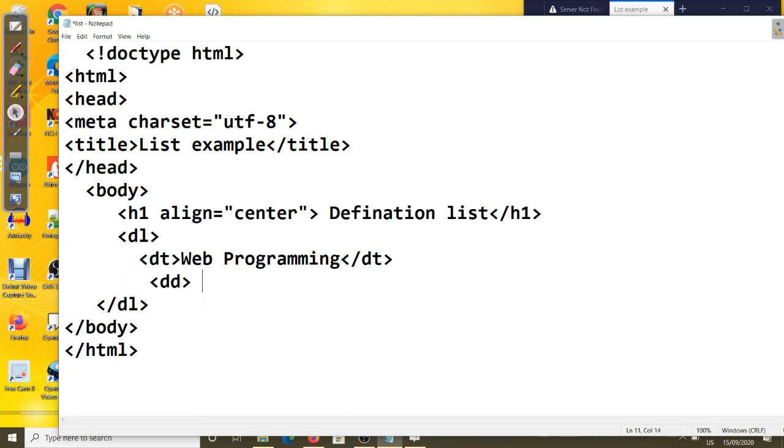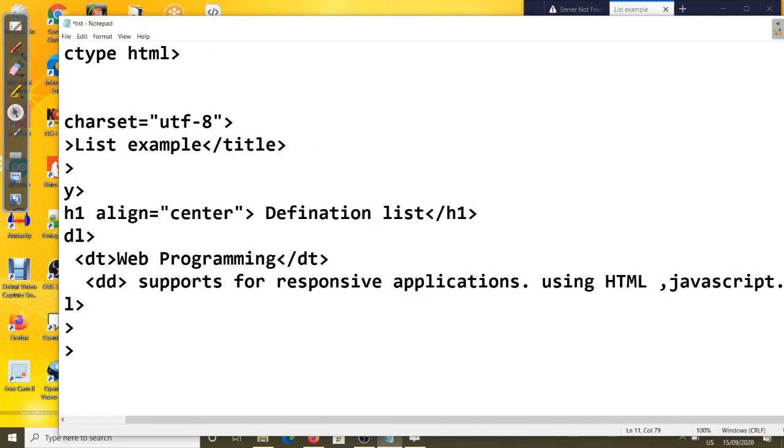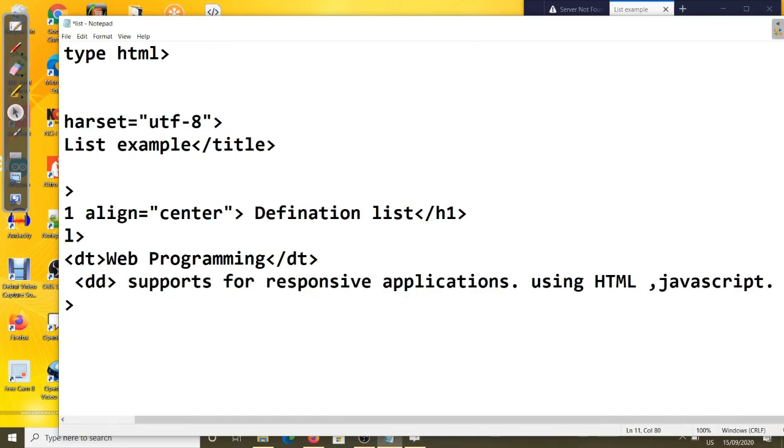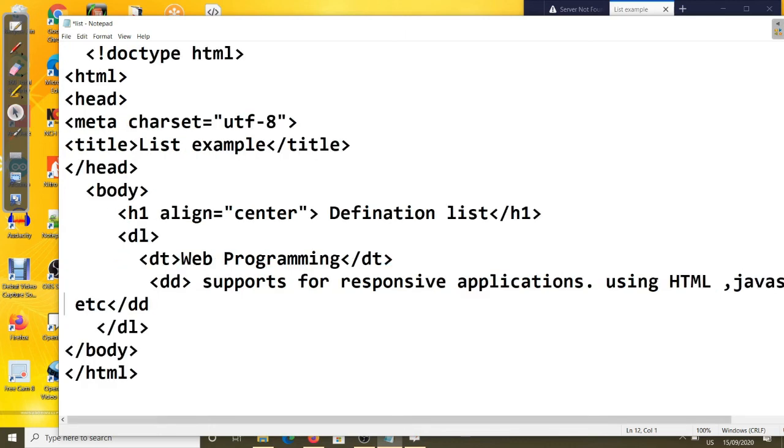We can write here supports responsive applications using HTML, JavaScript, etc. We can write CSS, so many things are there. So again close the DD. We'll close the DD here, one minute. Yes, you see here the closing of the DD.